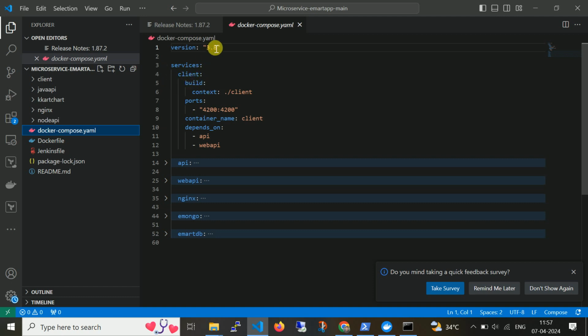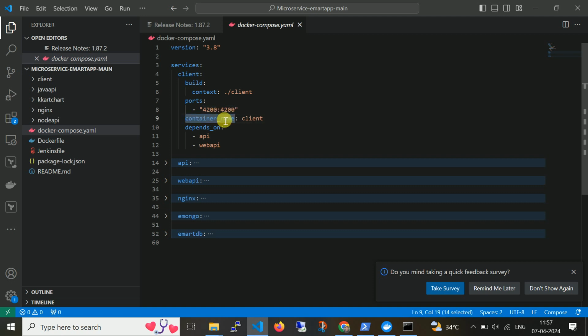So when I run this docker compose file, it first validates the client folder, trying to get a context from ./client, which stands for the root directory. This client will run the application on port number 4200,